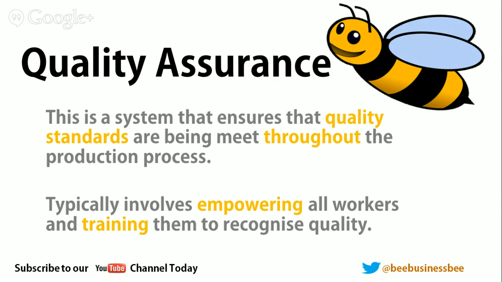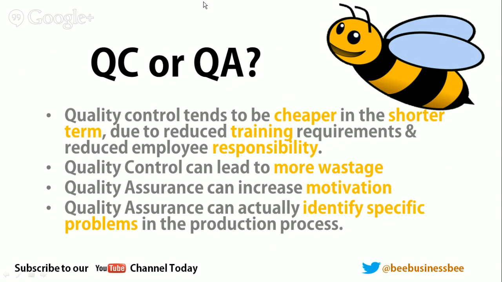And this is where you've got to play them off. There's a choice. You might do quality control, you might do quality assurance. It depends on some of the factors, such as you've got these choices here. Quality control tends to be cheaper in the short term because you're only actually training a few staff to check actually what the product is. So you're doing a bit of training at the end. You're saying to them, this is what's a quality product, you're looking for this, and you give them responsibility to make that decision. So they can be trained, they can make that decision at the end,